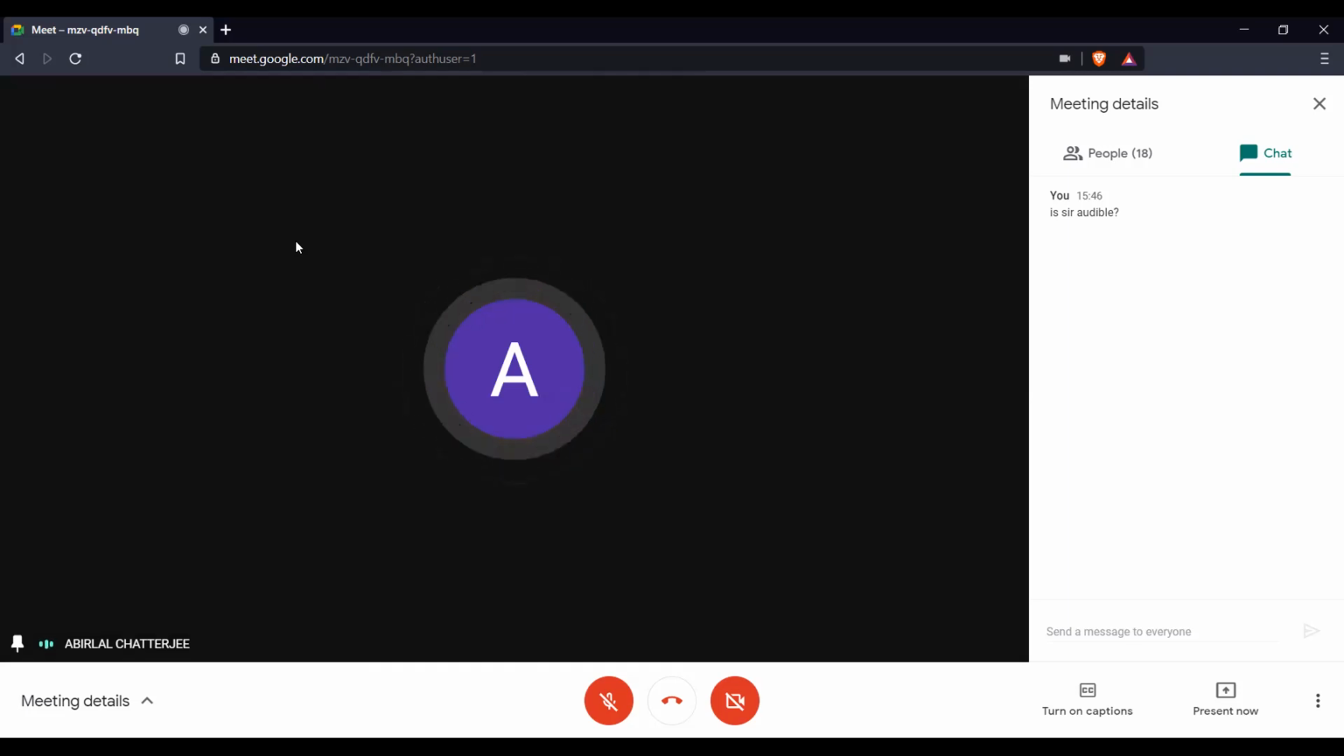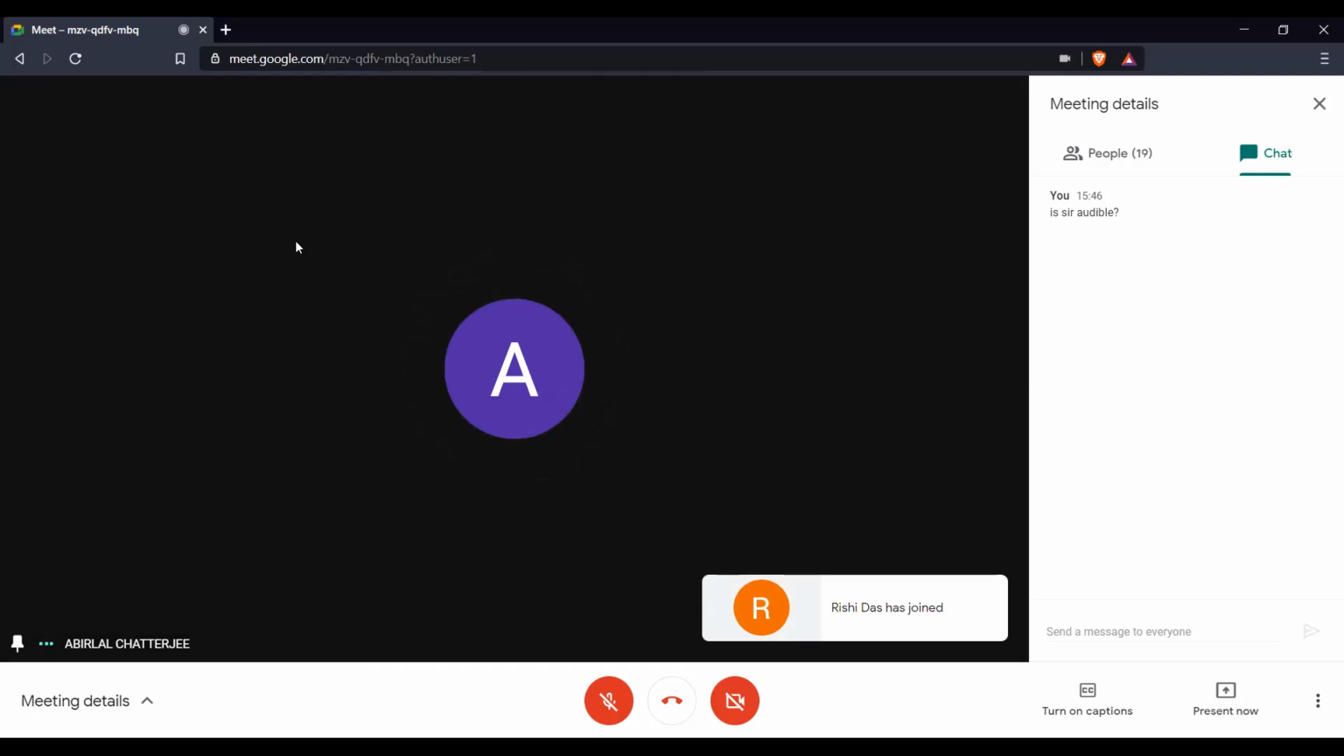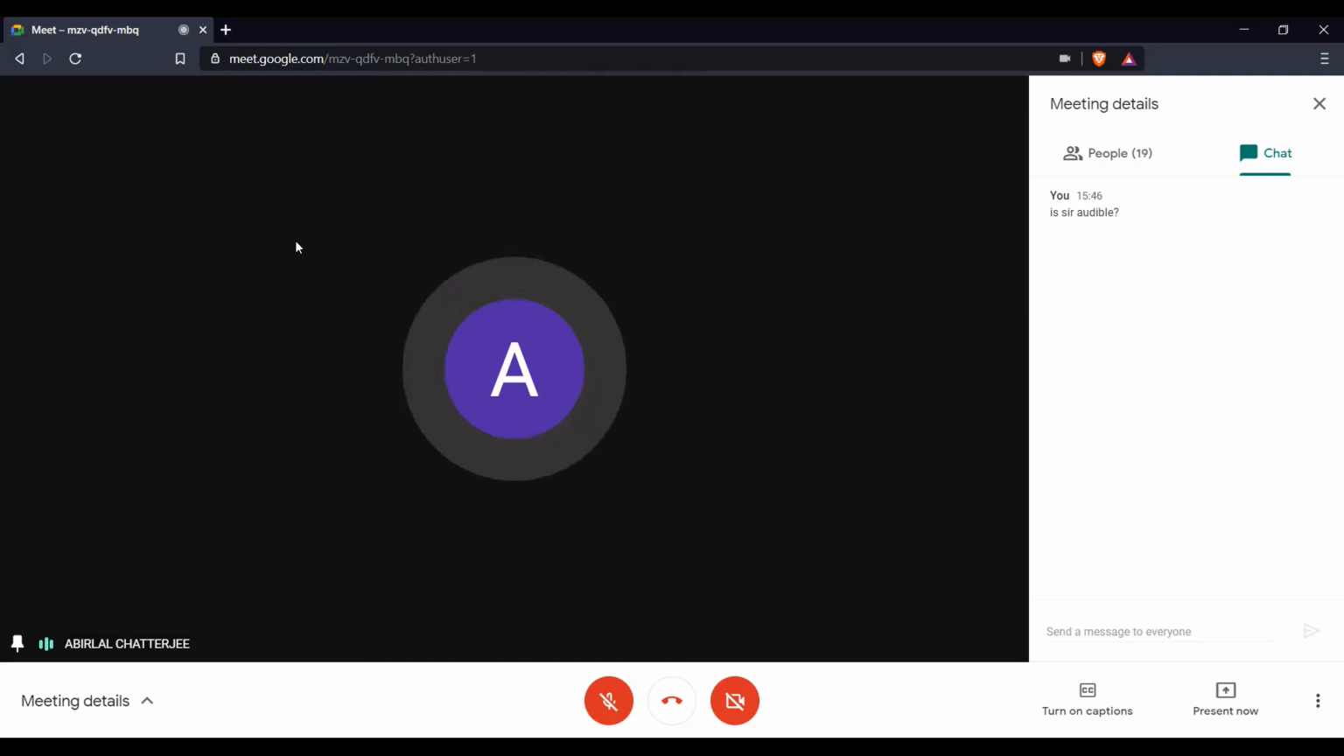Next I'll give you a question. Write down: a 10 kg mass is hanging from one end of a vertical wire of length 1 meter and radius